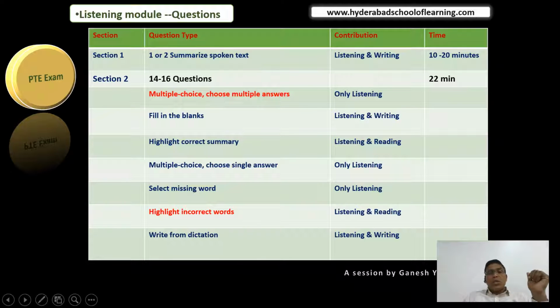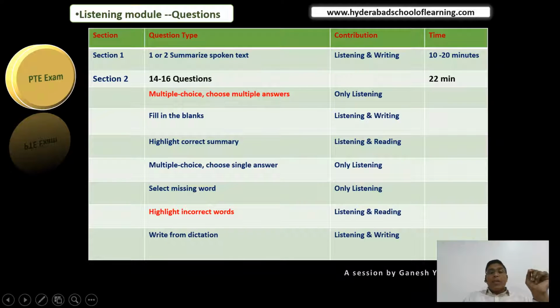And if it is 6 into 2, 12, then from write from dictation you may definitely get around three questions, and sometimes four also. So overall you may get around 15 questions, and PTE gives you overall around 20 plus minutes, sometimes 21, 22 minutes. So there is no time per question. You must manage your time in these six questions in such a way that by the time you come to write from dictation, you should be able to save around